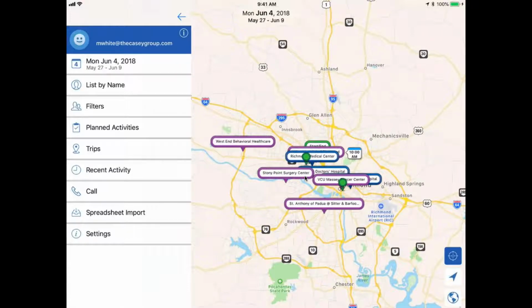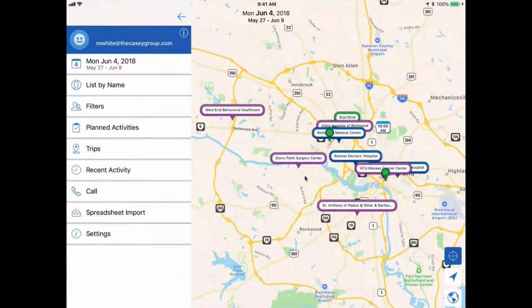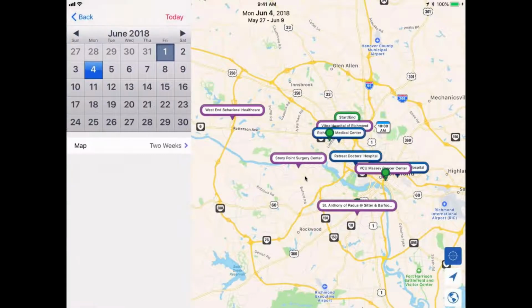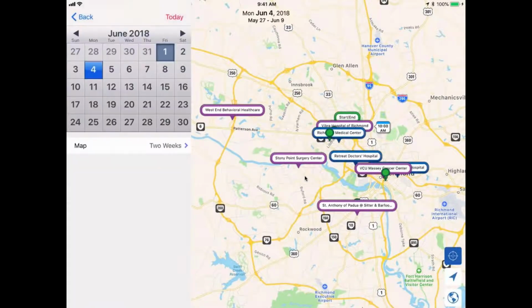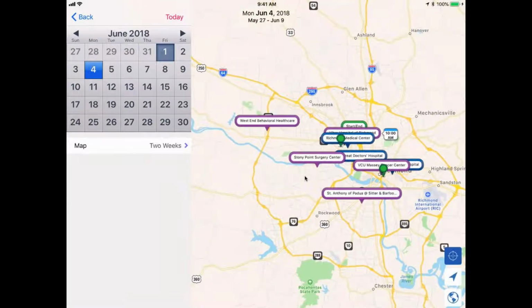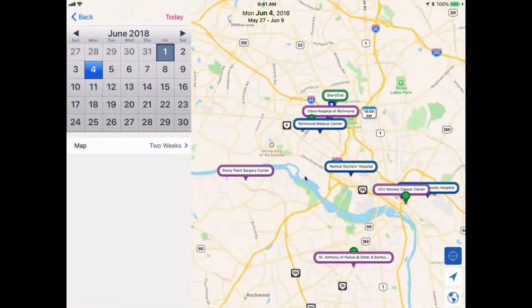Another great question for our app is how do you create a trip, and how would I create multiple trips? Both are possible. You would want to plan in advance of the day you're going to go on a trip. So, for example, we have here today's June 1st, but Marianne would plan for June 4th. She already has some accounts loaded in, so you would need some data in order to create a trip.